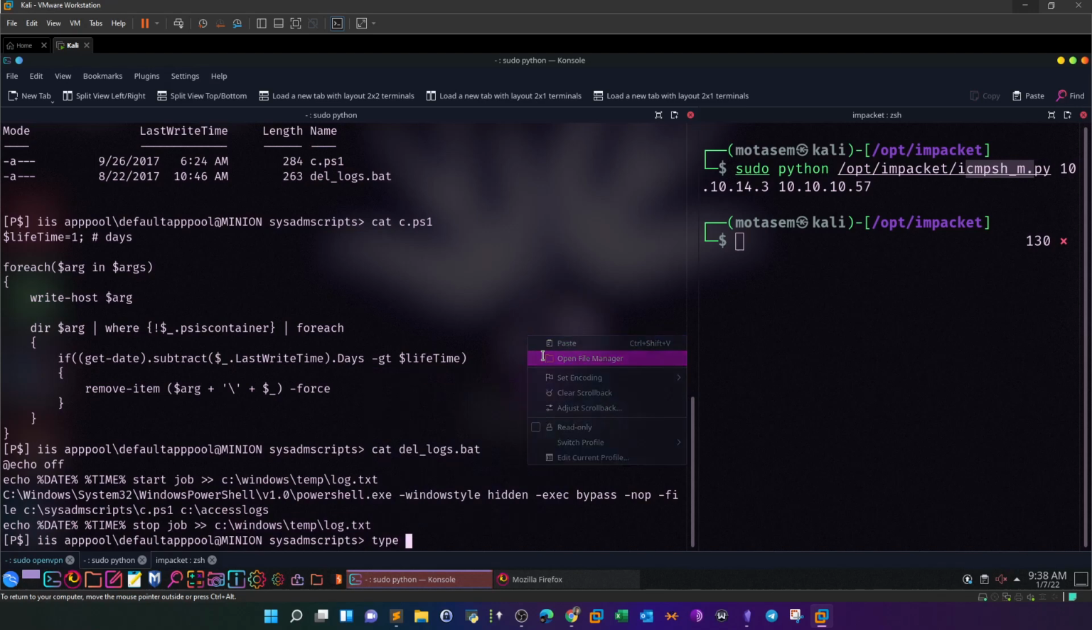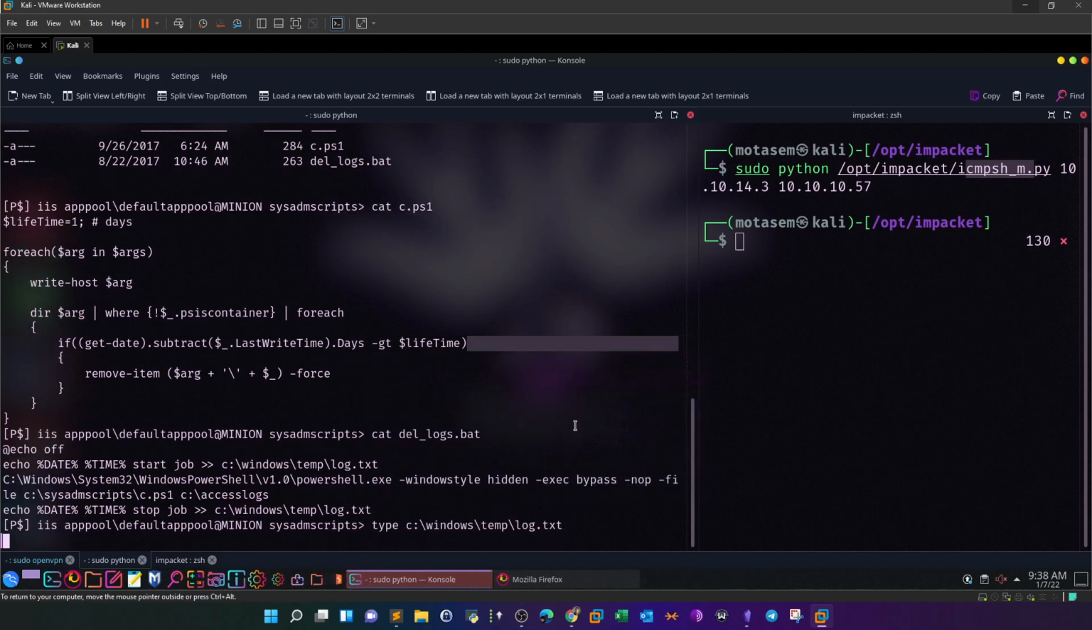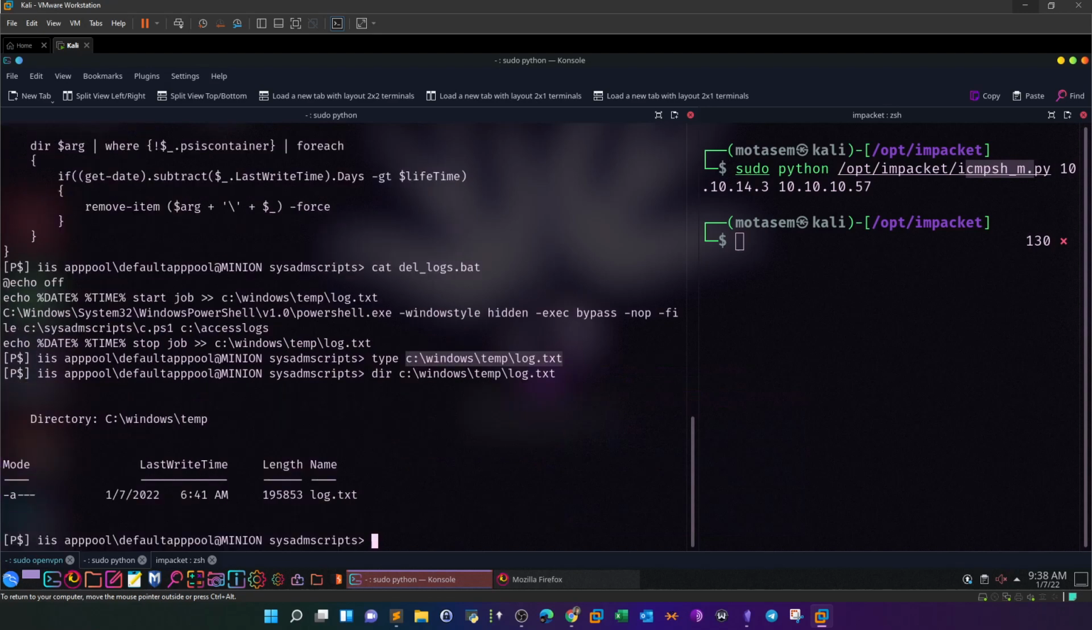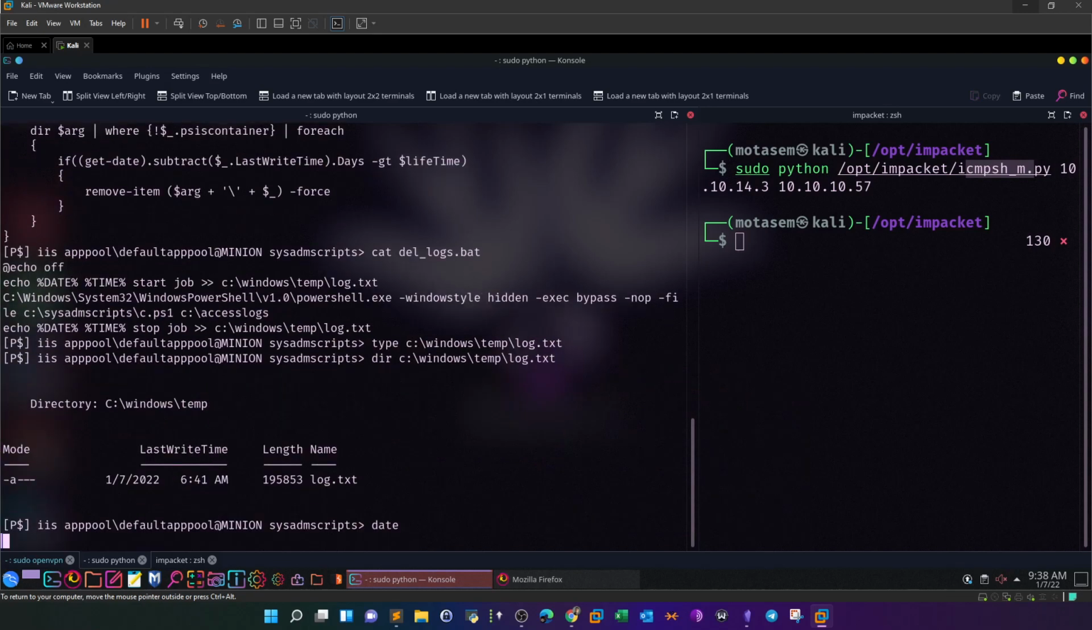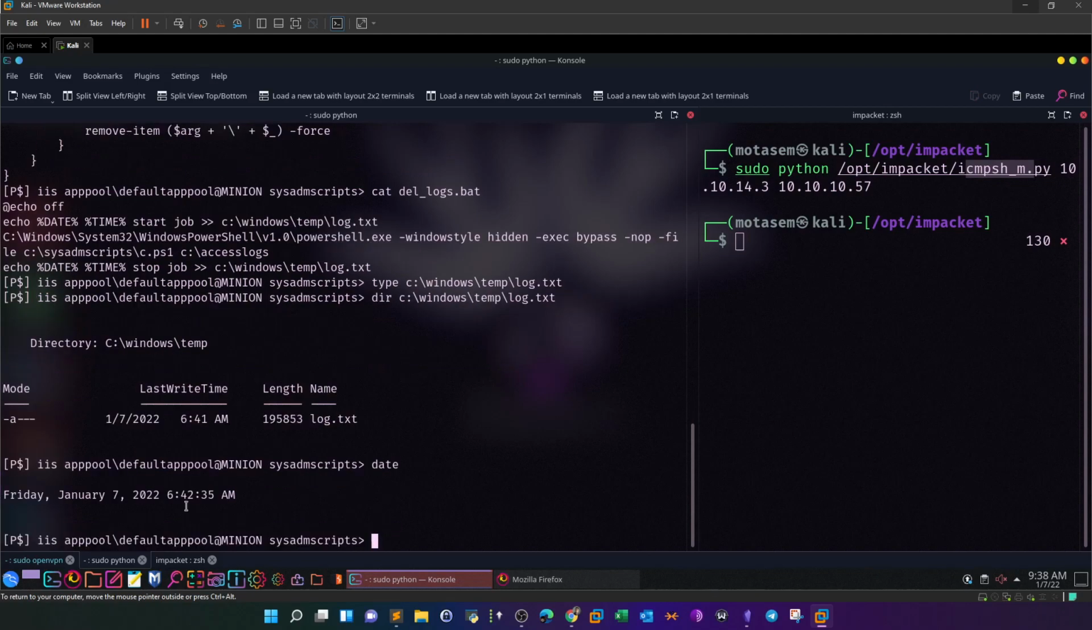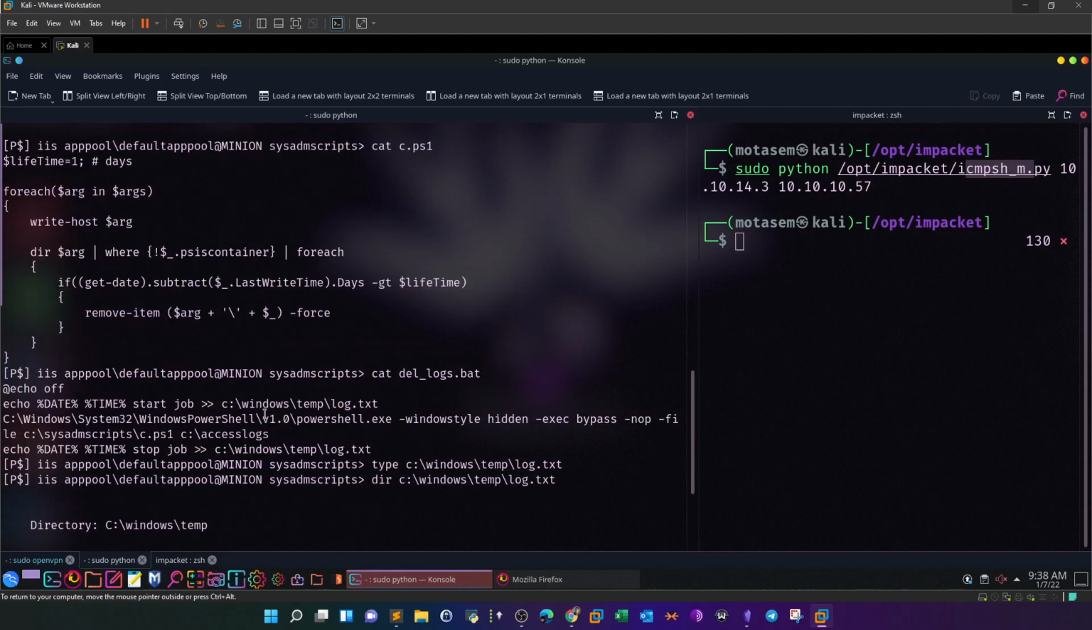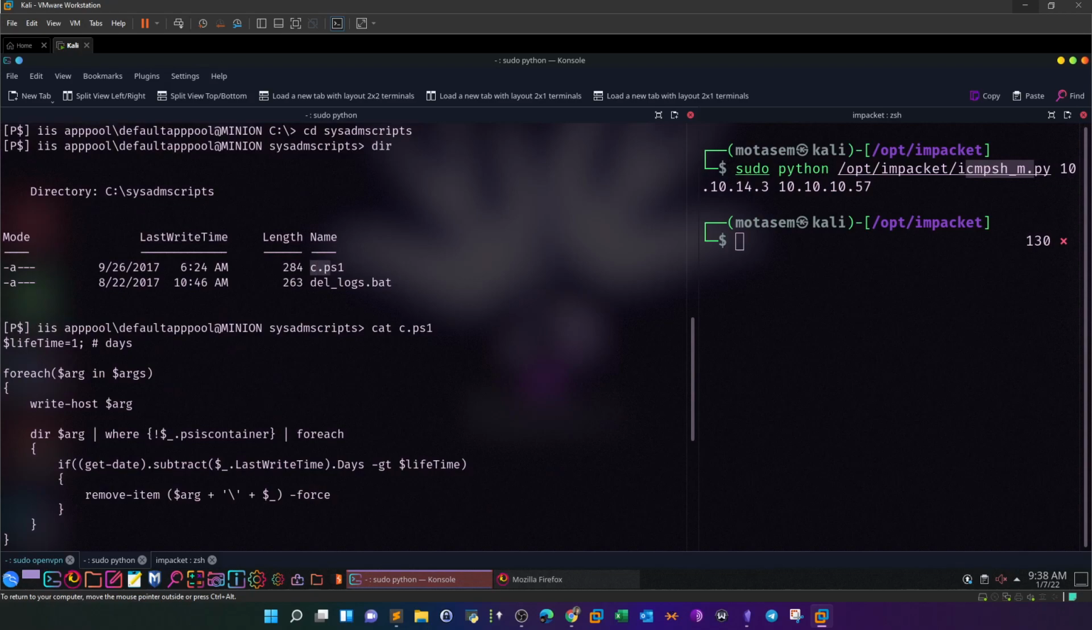Type, not authorized or permission. As you can see, nothing. But if you try to take a look at the directory itself, the last write time is 6:41. Check the date, 6:42. Now, as you will learn if you are doing this, the script, which is c.ps1, is running